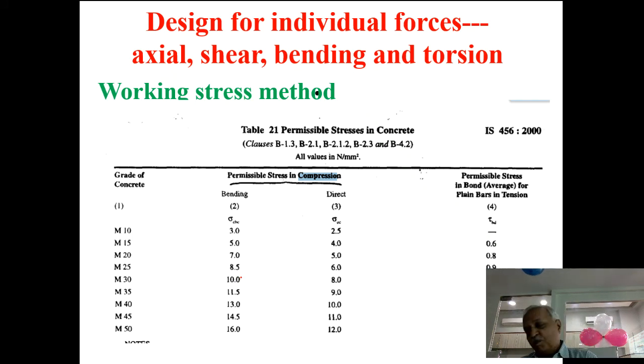Now permissible stress in compression is given under two cases. One, you have got direct compression where it is only axial load in the column, and second is due to bending compression. Under bending condition, as you have seen over here, for any beam, when you consider the cross section of the beam and draw the stress diagram, your top fibers are in compression, your bottom fibers are in tension, and you have got the stress variation like that. Your maximum compression is present over here, and as you go towards neutral axis, the stress gets reduced.